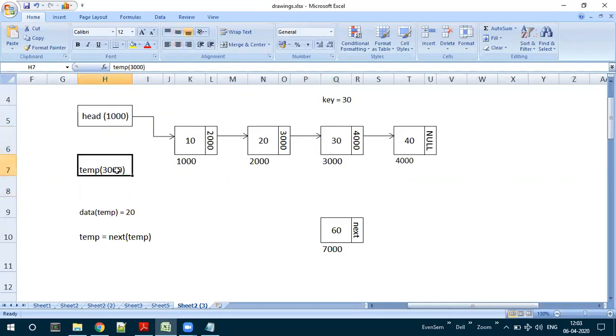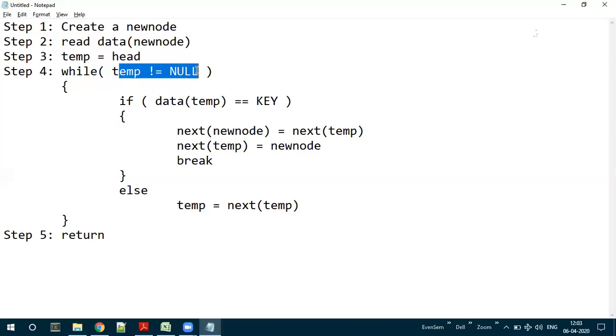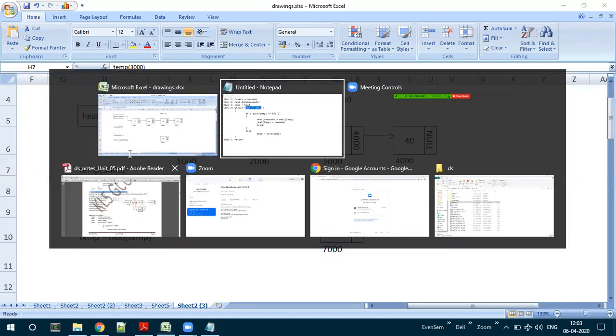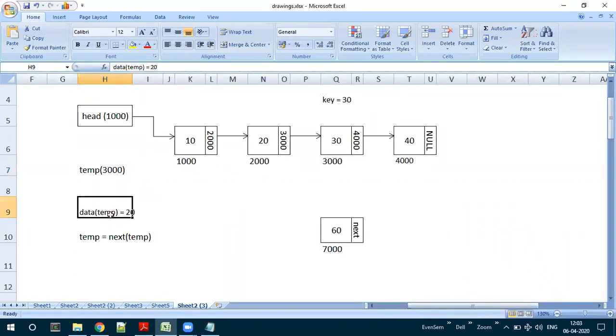Now temp is 3000. Again, check the condition: temp not equal to null. Temp is 3000. Is it equal to null? No, so the while condition is true. Then the if condition: data of temp. Temp is 3000, so what is data of 3000?